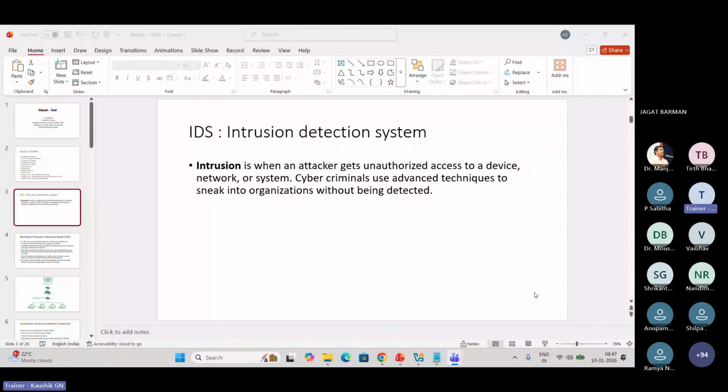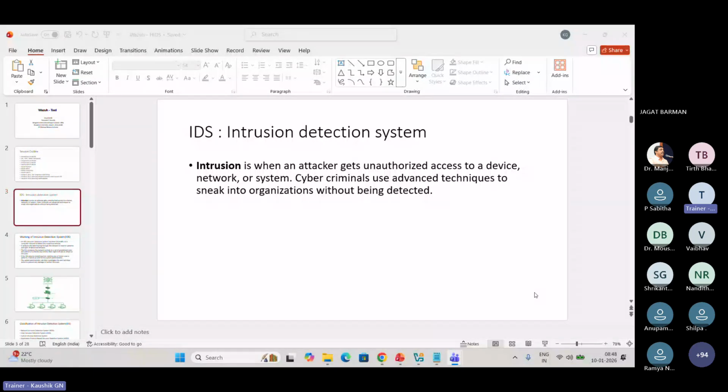There are different kinds. You can note it. There are different terminologies. One is incident. Second one is threat. Third one is vulnerability. Fourth one is intrusion. Fifth one is detection. Sixth one is response. These are the very foundation keywords we need to know when we move to digital forensics.